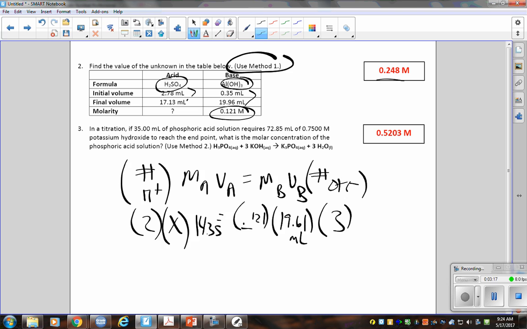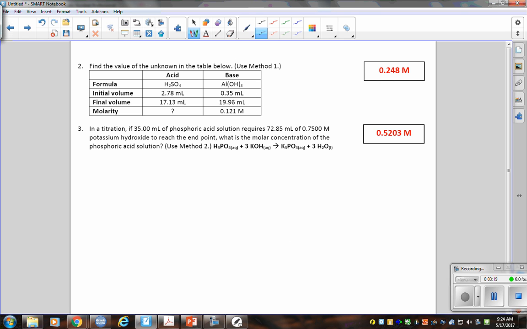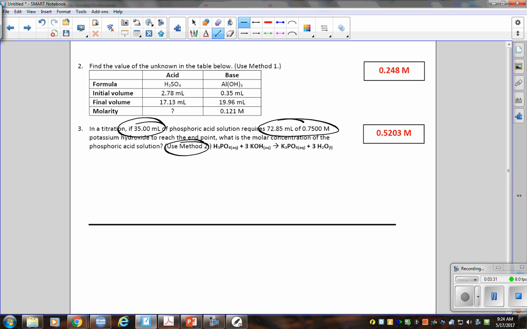Next, if I look at this one, it says method 2. Think of it this way. Notice how these two are given together, and this one's set on the side, and ultimately you need to find molarity. So let's think of it like a grid problem. All I'm going to do is make a grid. These two values are given together, so I'm going to take this value that's in milliliters. Milliliters is never good in a grid, so I'm going to change it to